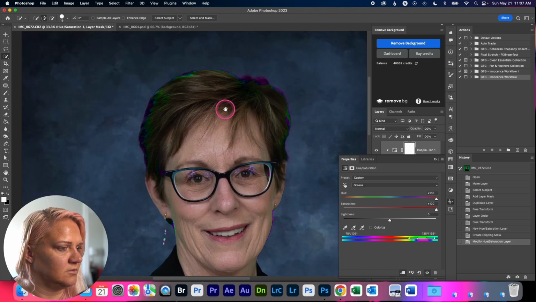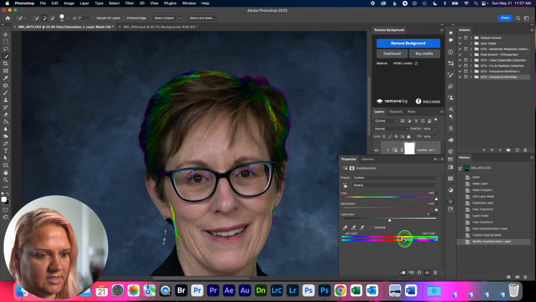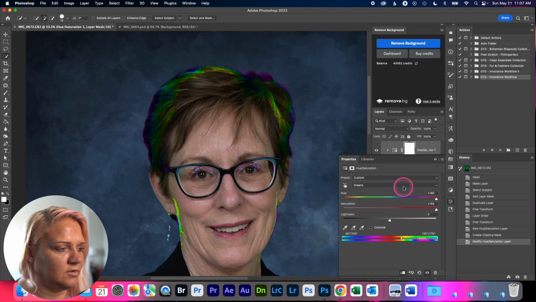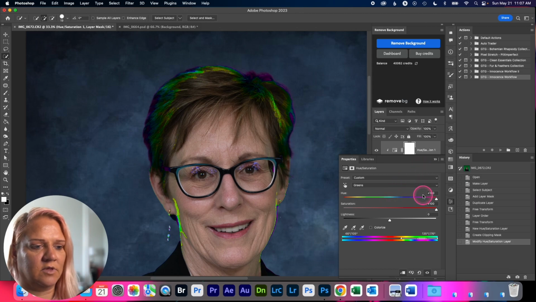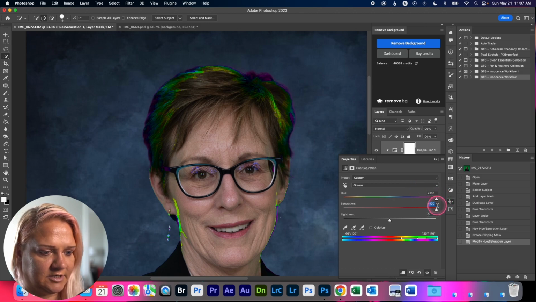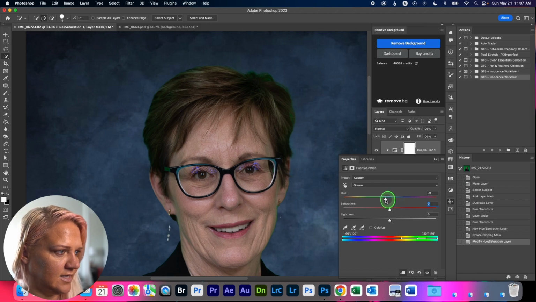I'm going to leave this zoomed in right here so we can see. All that does is tell me that this has selected pretty much everything that I want selected. We could take this up a little into the yellows because it does add in some of that if you want. You can always do a second hue saturation layer. I do lots of hue saturation layers with this to get everything exactly the way I want it. But anyway, I'm going to take the saturation back to 0, and then we're just going to bring this bar down until it looks like a decent color that kind of matches